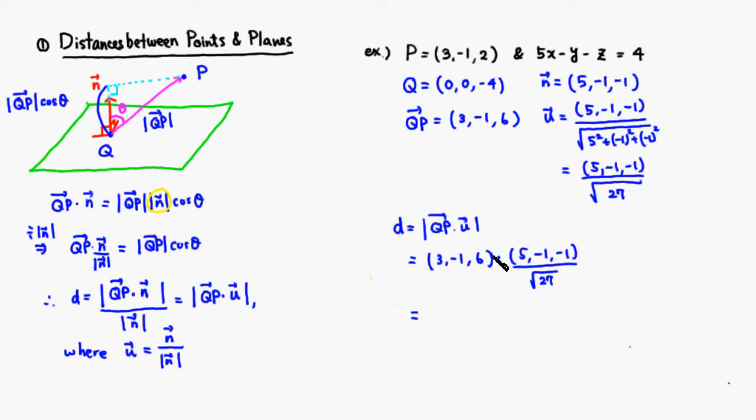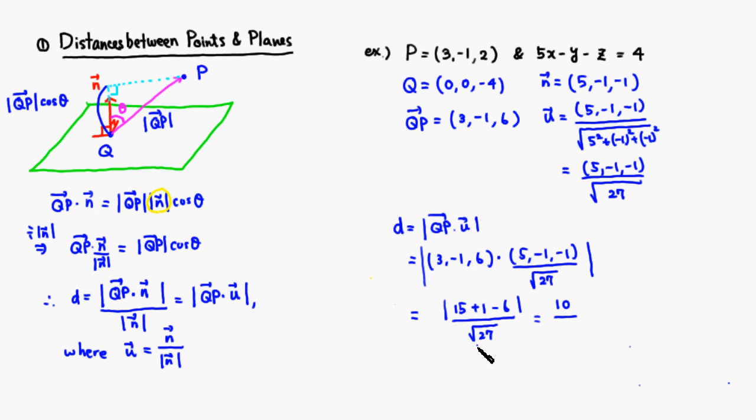So 3 times 5 is 15, and it has to be absolute value, it could be negative, and negative 1 times negative 1 is 1, and 6 times negative 1 would be negative 6, over the square root of 27, and that's going to be 10